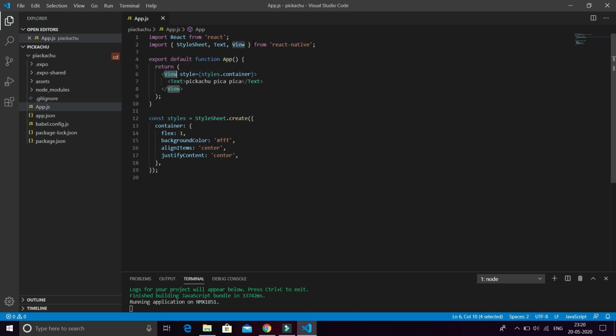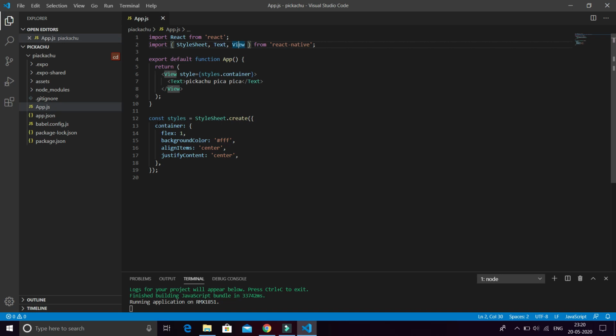Here you can define it as a view, and in the upper part we import React from React, and import StyleSheet, which is somewhat like CSS styling. And the Text is the same as in HTML, and here the View is the same as divisions. And here we write the code, and here is the text which is returned to the app.